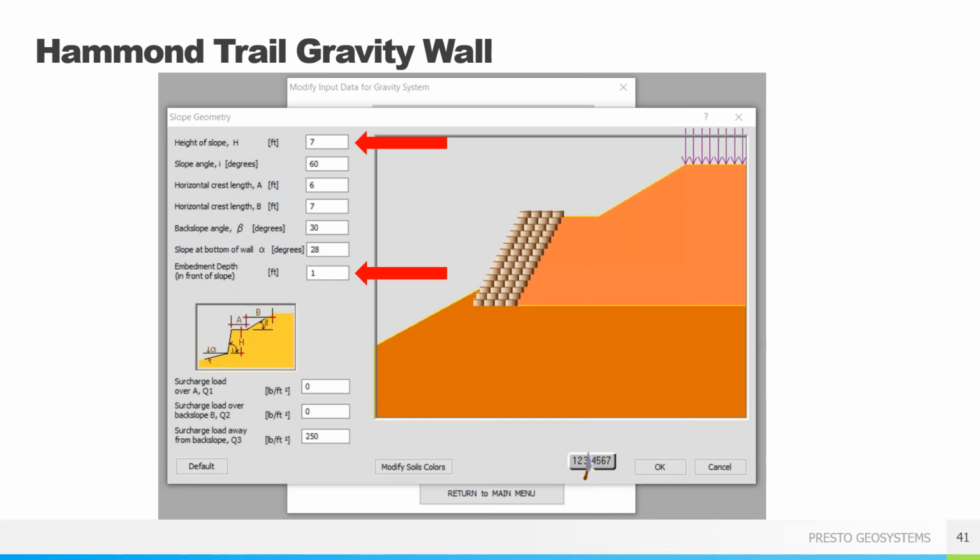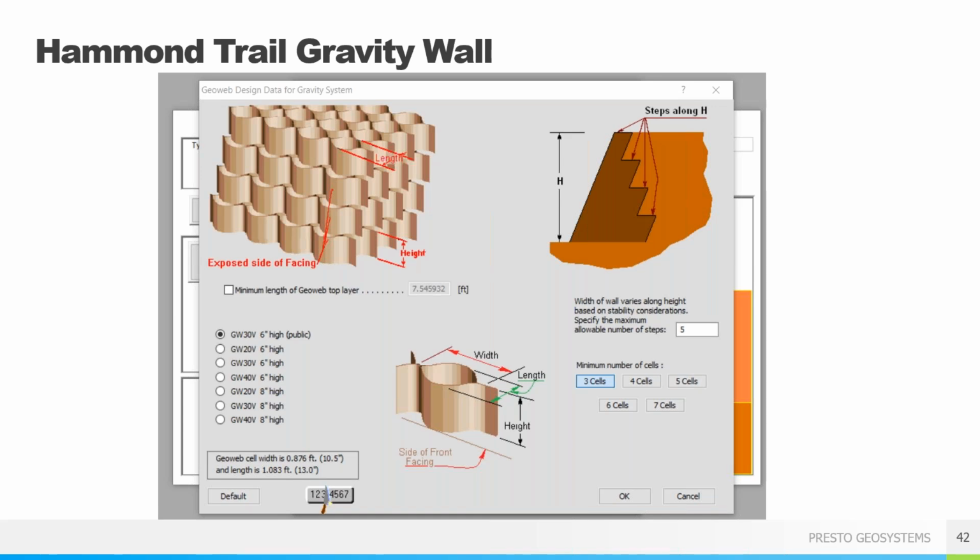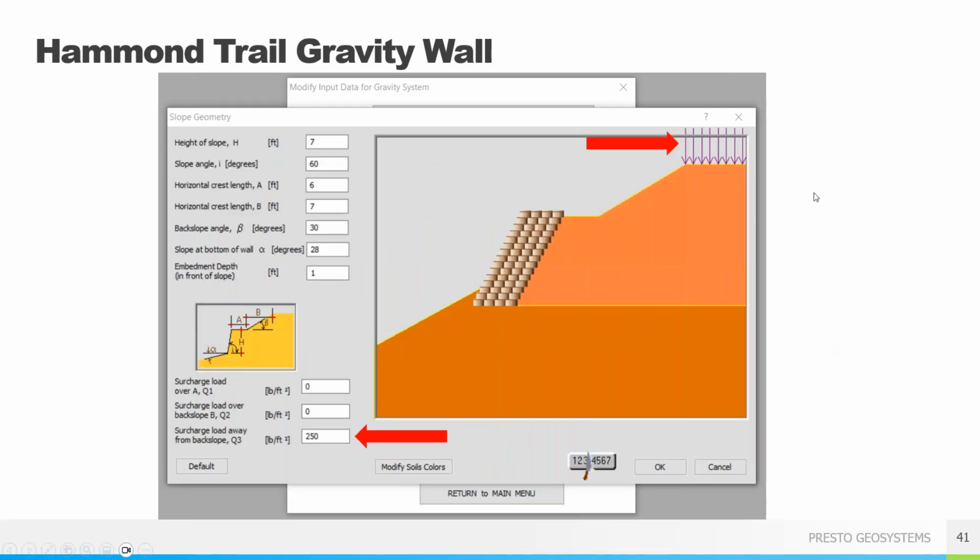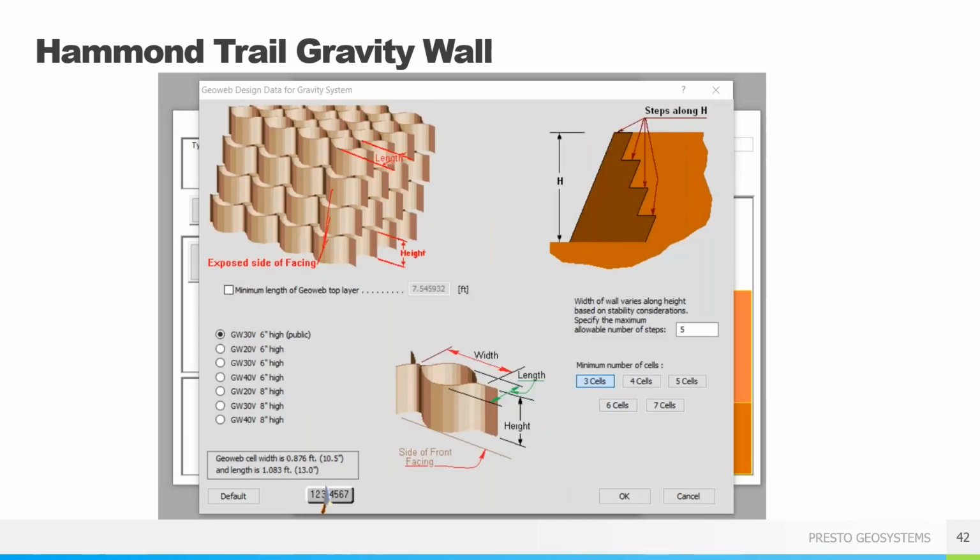And we do have to enter just the vertical height here, as you can see, is a 7-foot wall, and also an embedment depth. I would always recommend, if we can, at least a 1-foot embedment depth. Here's also your surcharge. You can see we always like to have some type of construction surcharge and how far away that surcharge may be from the slope. So if you need any help with that, please reach out and let me know. Hopefully, that's a lot of information, but like I said, it goes pretty quick as you enter them in.